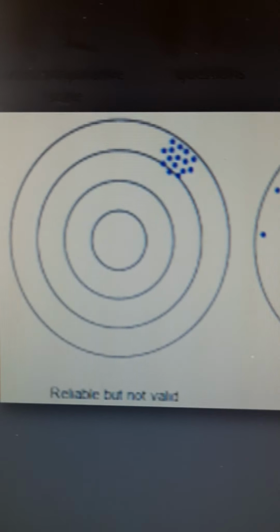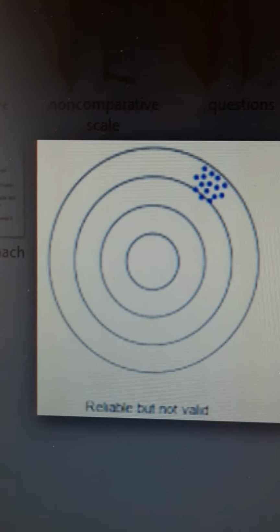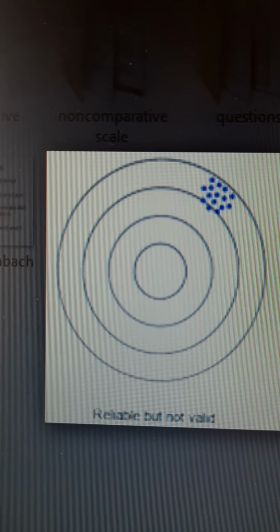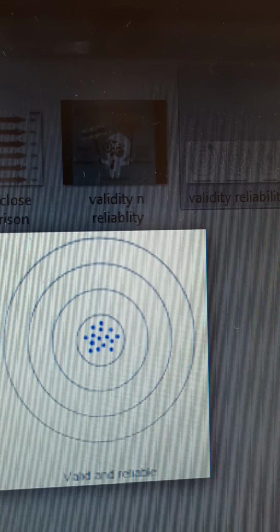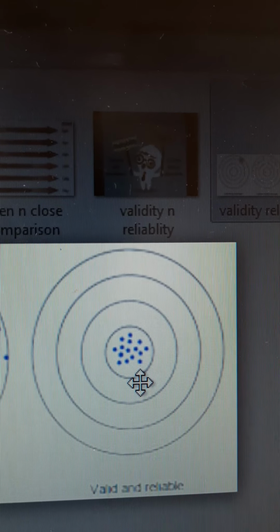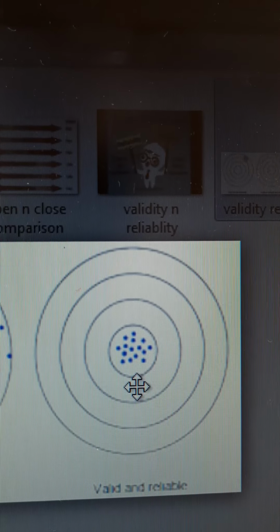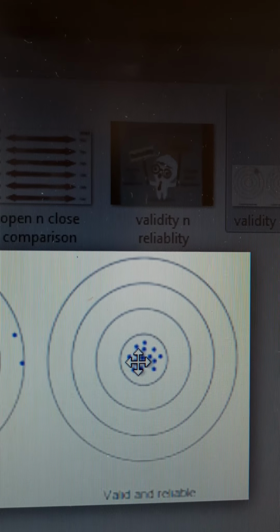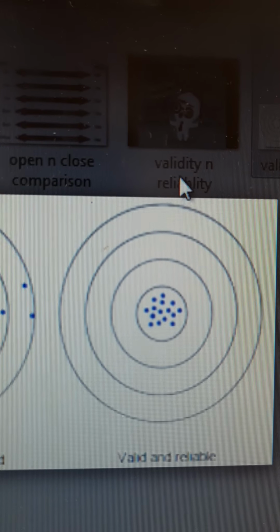Clear? Reliable. That is, all of them are understanding the questions in the same way. Consistency is there in understanding. Reliable. This is valid. Each of the questions are actually asking the right thing, it is framed in the right way. Sentences are framed so perfectly that it is valid. It is actually measuring what you are claiming to measure, which is called valid.